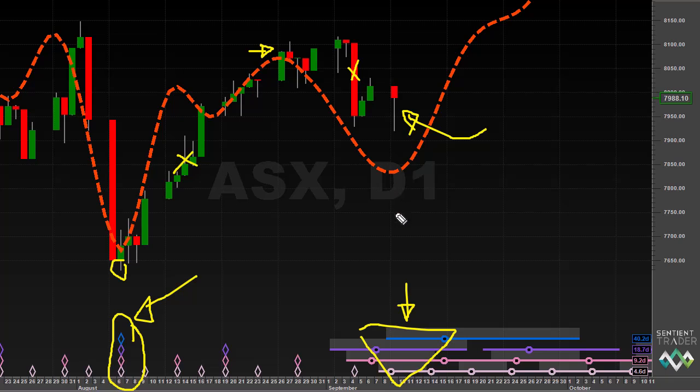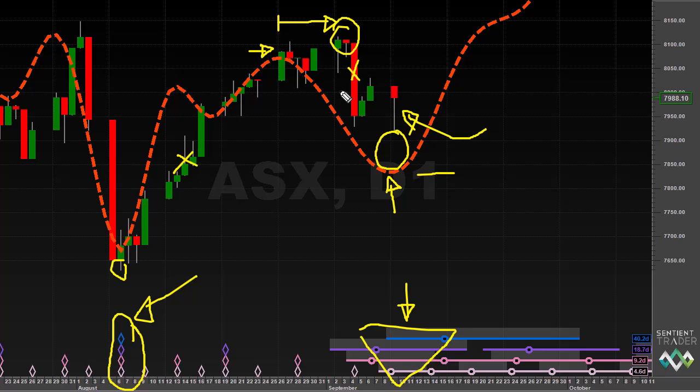You can see the composite model line tells us, of course, that we are expecting a trough to form now. If that trough has formed above this level over here, that would be a bullish divergence. At the beginning of last week, we had a bit of a bullish divergence as well, because the peak occurred later than was expected by the composite model line. A later peak indicates more bullishness than expected. And of course, it occurred slightly higher than the composite model line would have us expect. And so we are seeing signs of bullishness in the Australian market.